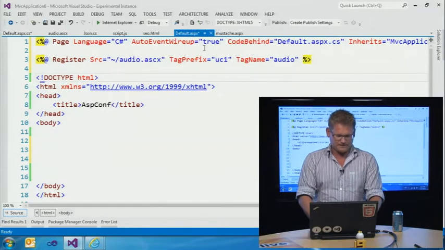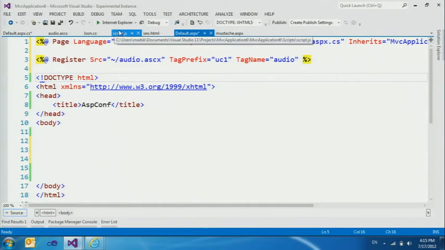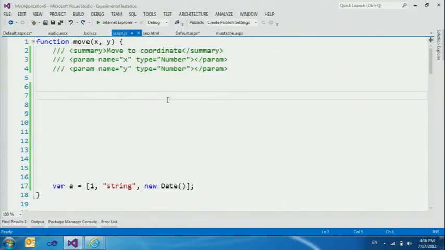Okay. That's enough of CSS right now. Let's look at some JavaScript. So JavaScript